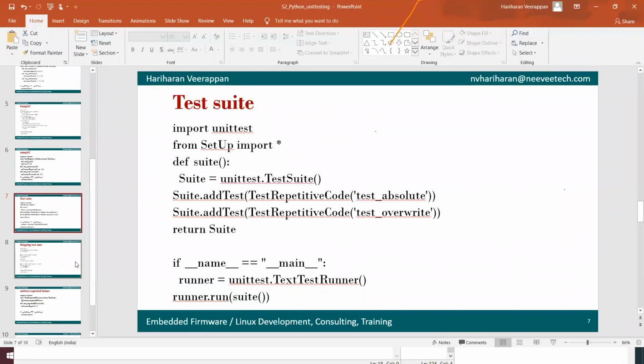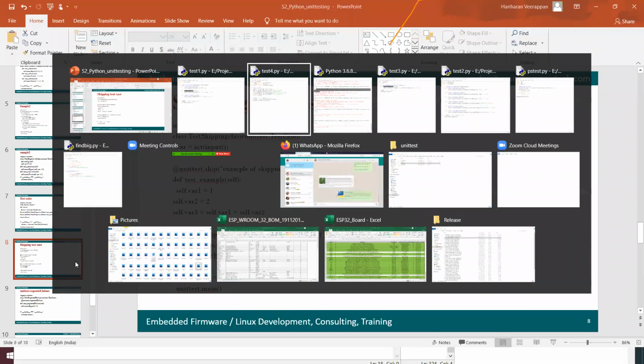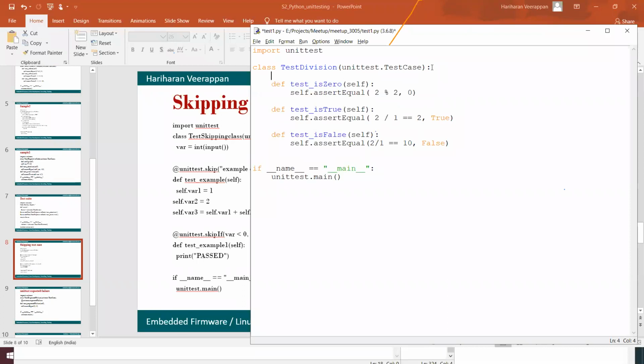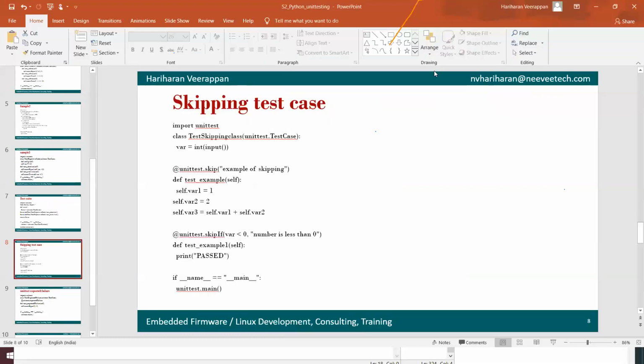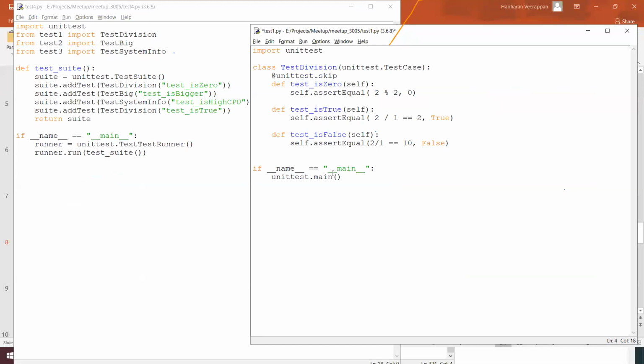And then we have the option to skip test cases if we want to skip them, depending on the situation. We can use the method called at unit test dot skip, the simple skip over here.